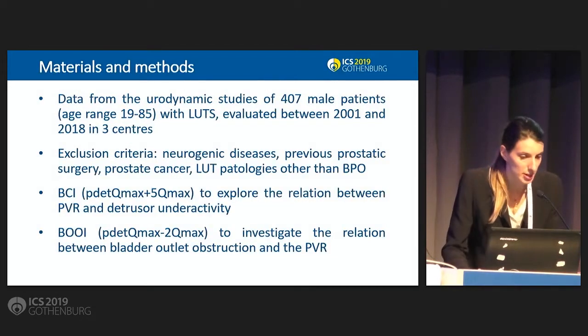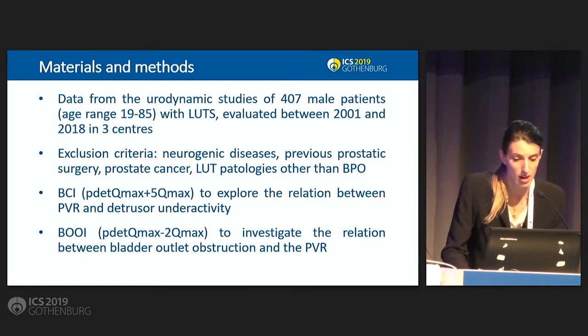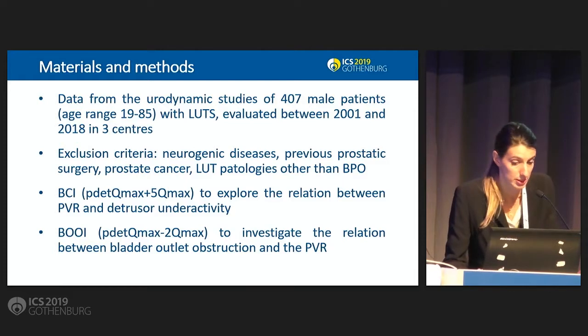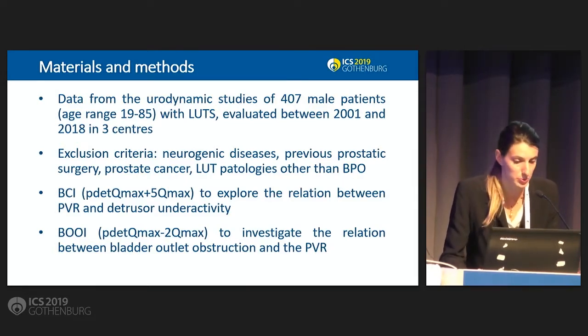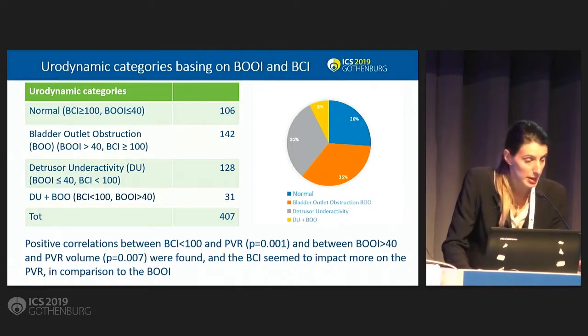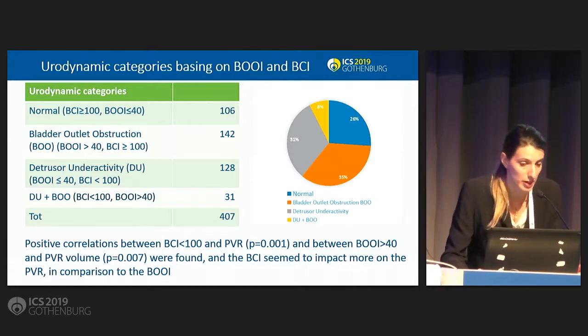So for this study, we used the data from urodynamic studies of 407 male patients with LUTS. From the voiding phase, we calculated the BCI, the bladder contractility index, in order to explore the relation between PVR and the detrusor underactivity, and the bladder outlet obstruction index to investigate the relation between the obstruction and the PVR. Based on that, we were able to divide our patients